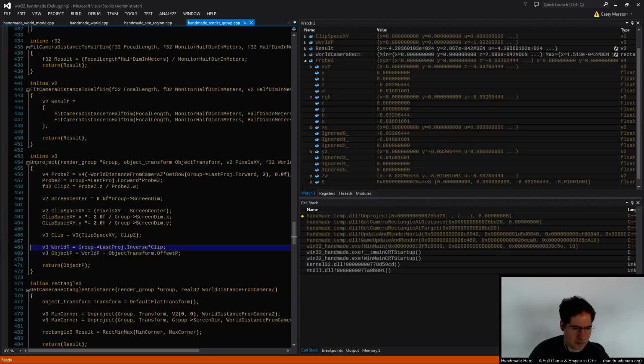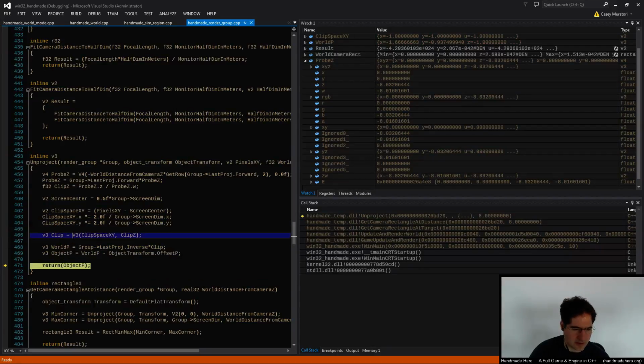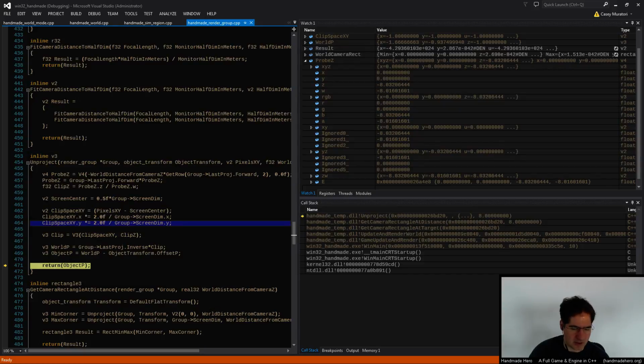I'm going to step through this a little bit more, but that still feels a little wonky to me. I'm not super comfortable with that at all. You can see that we are getting a result out of here, so it's not mathematically degenerate like it was before, but I still don't think that's correct, because the clip-space value should have been something more reasonable. It should have been something more like in the range between -1 and 1. It should not have been at the extremum,